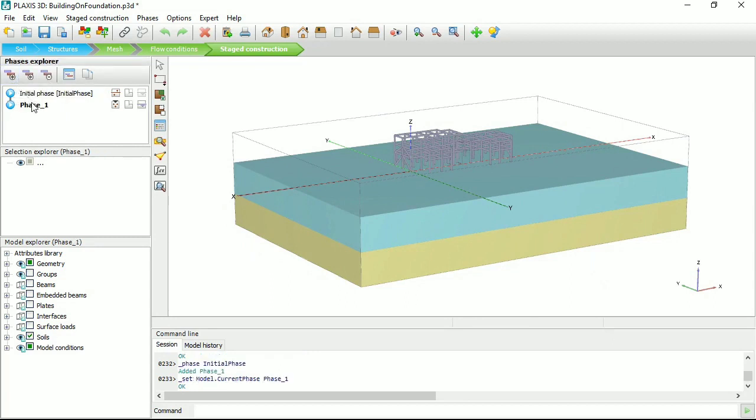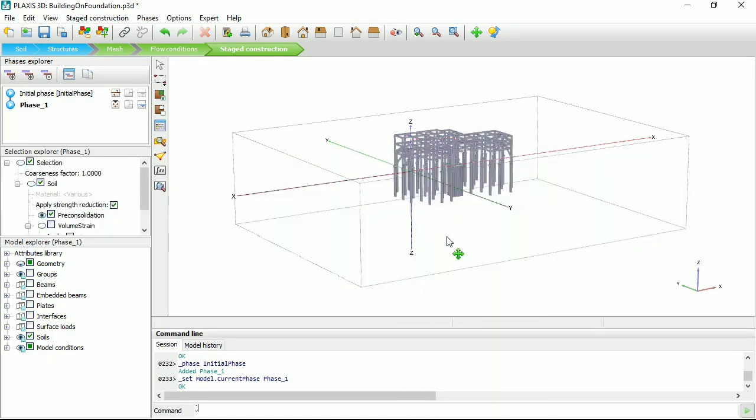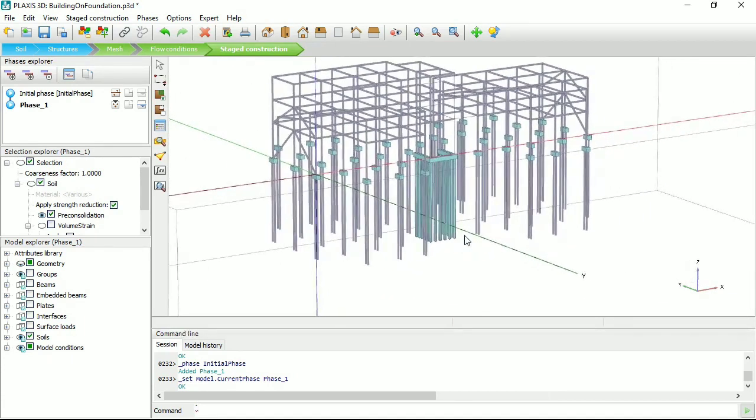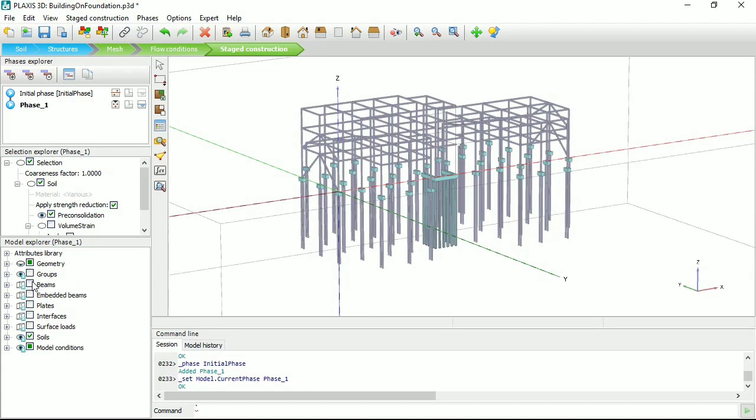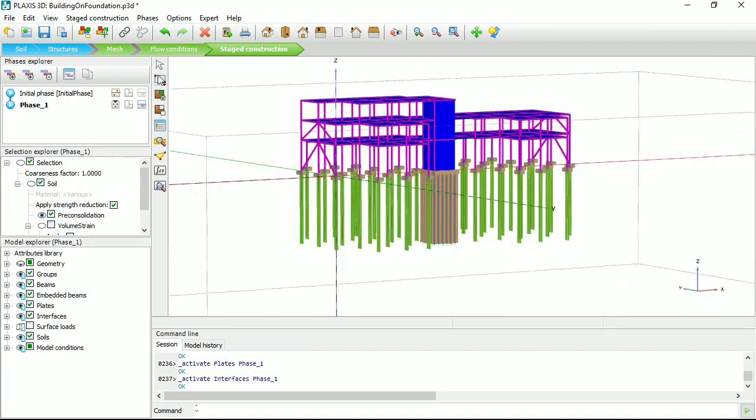you could see how we could define the different calculation stages. So initially, there is not much to be done. We will have a K0 procedure to generate the initial stresses in the soil. The third phase will consist of activating the structural elements. So what we do see right now are the volumes representing the foundation. So I'm first activating all structural elements, the plates, the beam, the embedded beam. And the one last thing I need to do is to change the properties of the soil into concrete at the location where the volume piles and the pad are meant to be